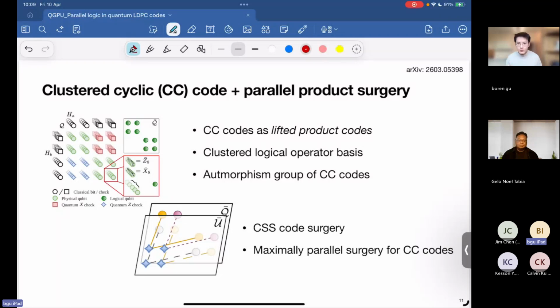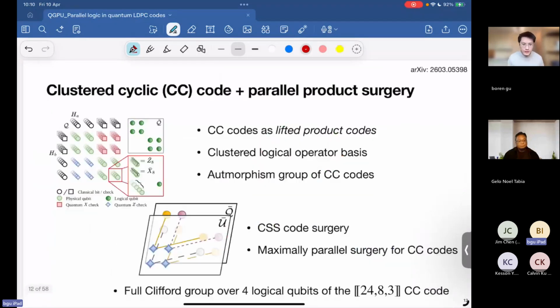And we show that, particularly if we add some constraints on the auxiliary system that we choose and how we connect the auxiliary system to our codes, we define this kind of product parallel surgery. And we show how we can achieve this maximal number of measurements. And as a bonus point, we show that for a